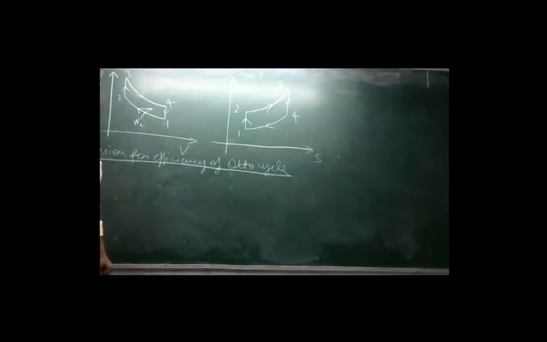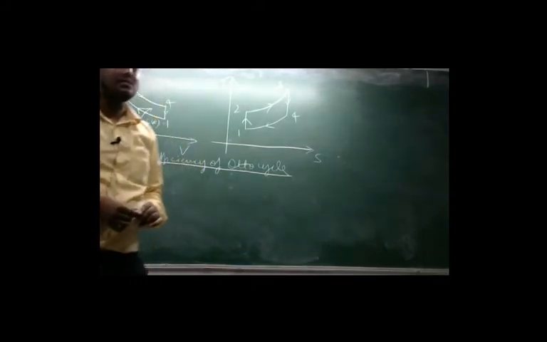compression. Adiabatic compression means from 1 to 2 we are giving the work input to the system. So let us assume this work input is Wi. In thermodynamics you have studied the sign convention of work. Work input should always be negative. If we are giving work to a system, then that will be negative.